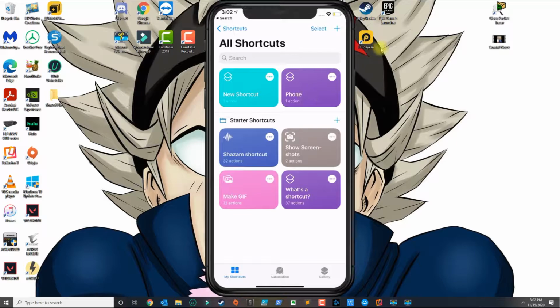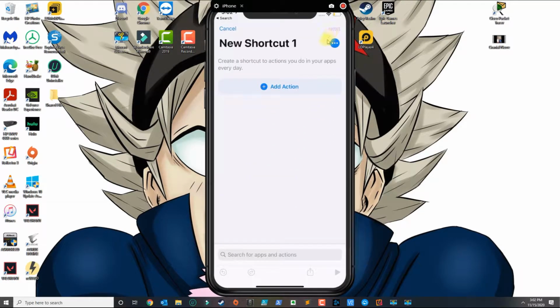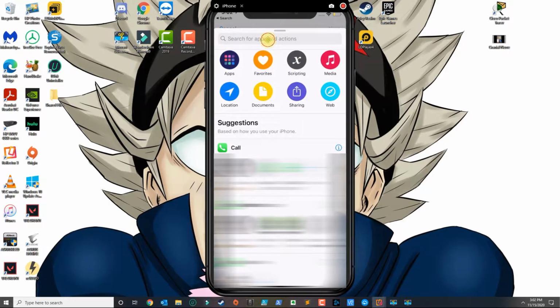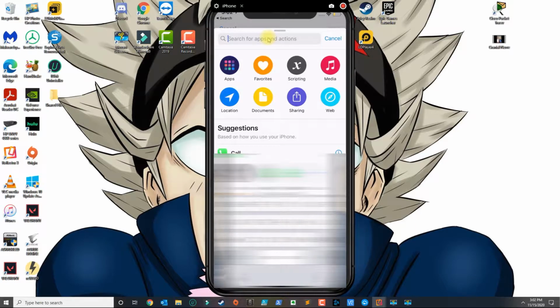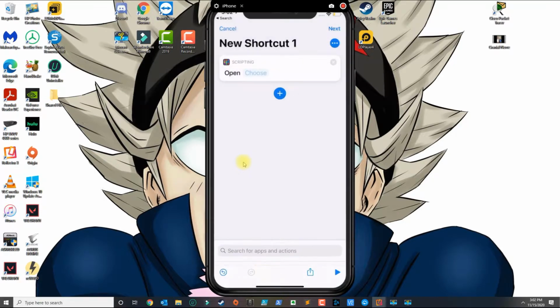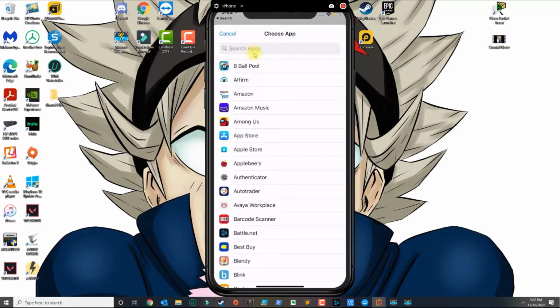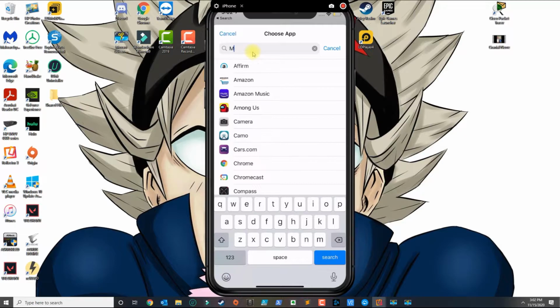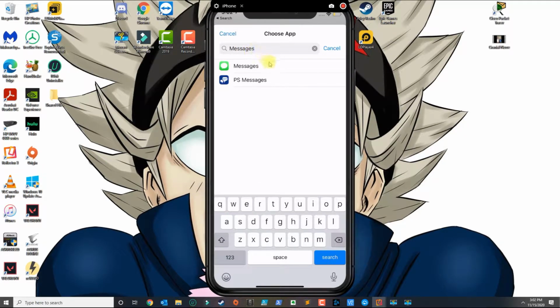Once the application opens, we want to click on the select plus here. We want to select add action. In the search field, we want to search for the action called open app, and then you click the open app. In the scripting section, you want to select choose, and today I'm going to be doing the messages app, so I'm going to select messages,